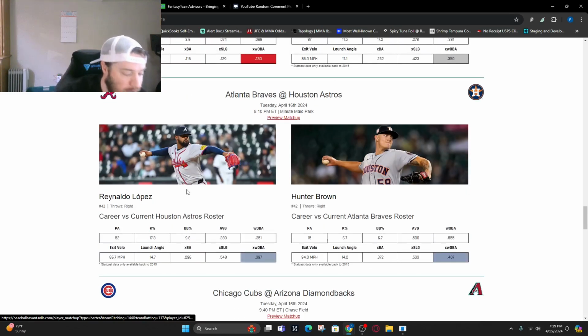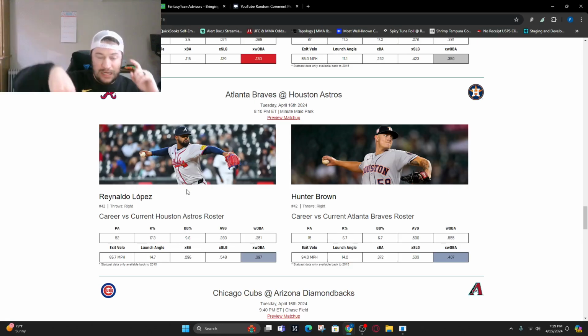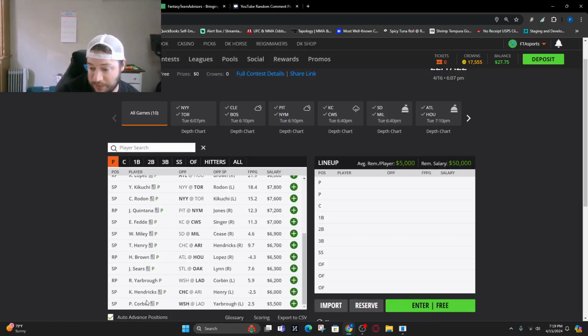Braves at the Astros. Reynaldo Lopez was supposed to pitch Monday, but everything got pushed back here with different pitchers, versus Hunter Brown. I would not use either of these guys. So if we look at this,